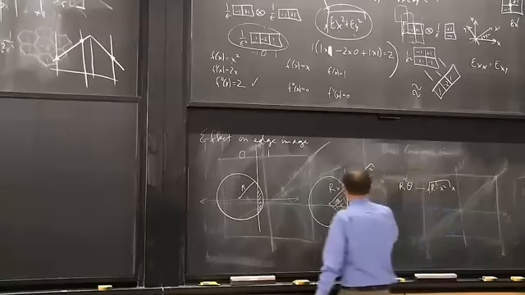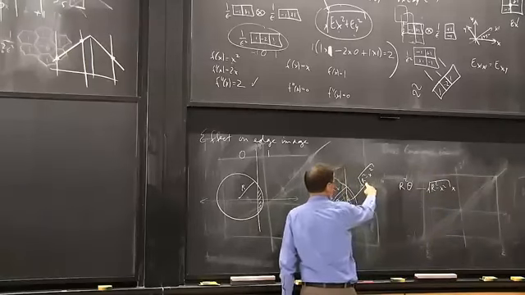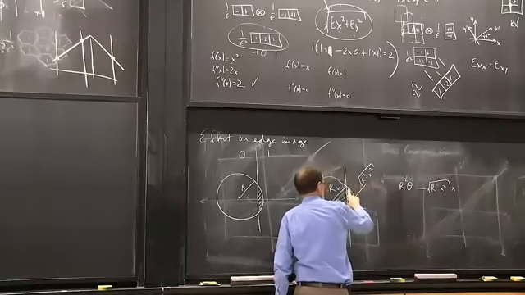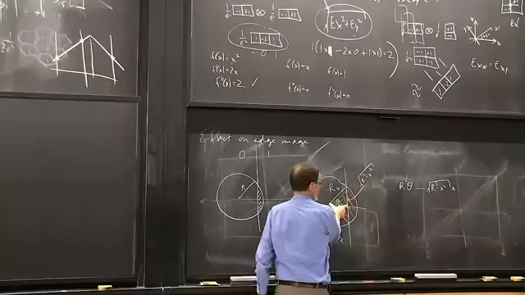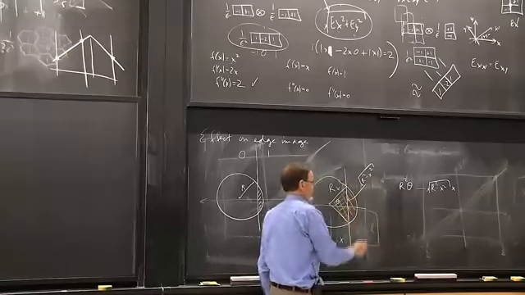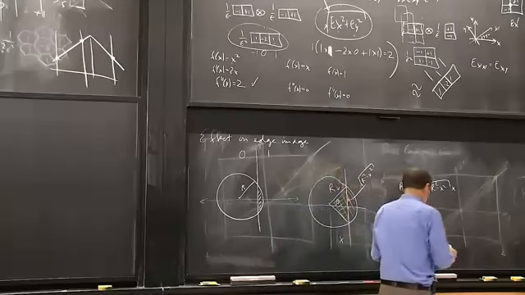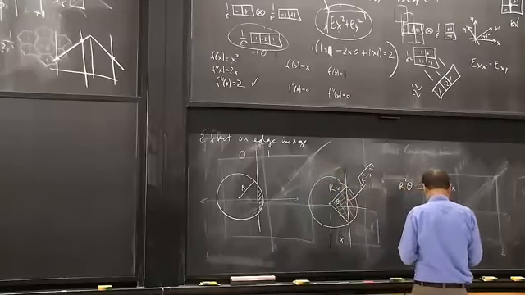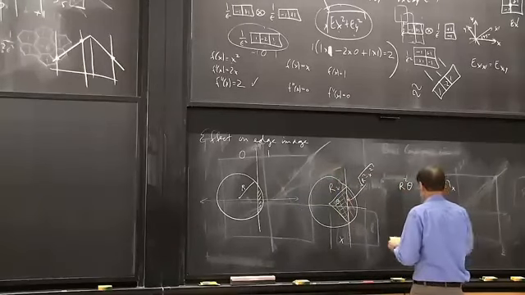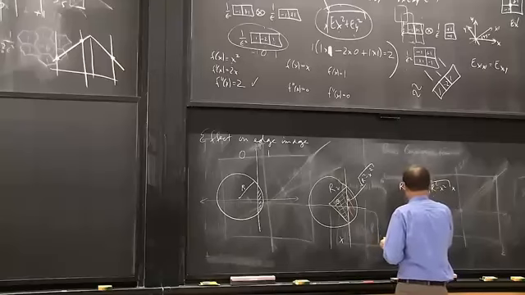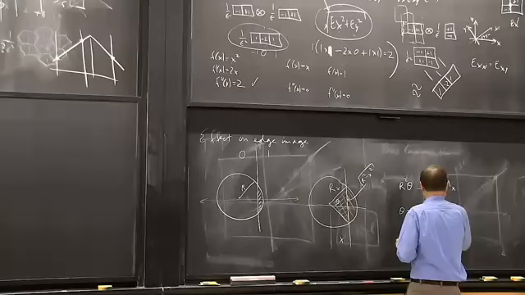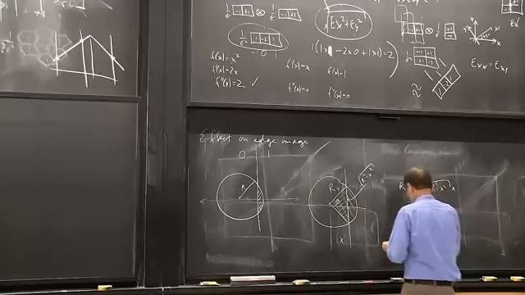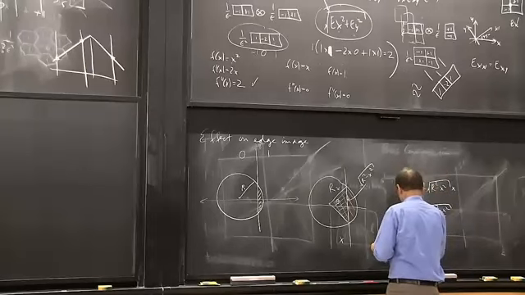The base is 2 times this quantity, because this quantity is just that section. So that's the base, and the height is x, and half base times height gives me that. And theta is given by this quantity, and so I end up with